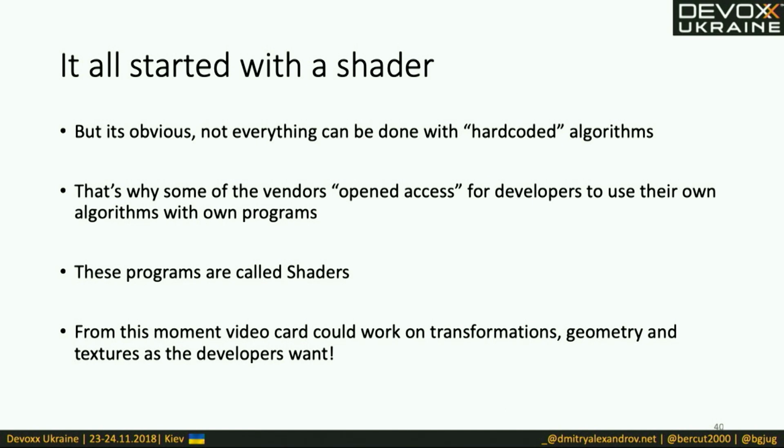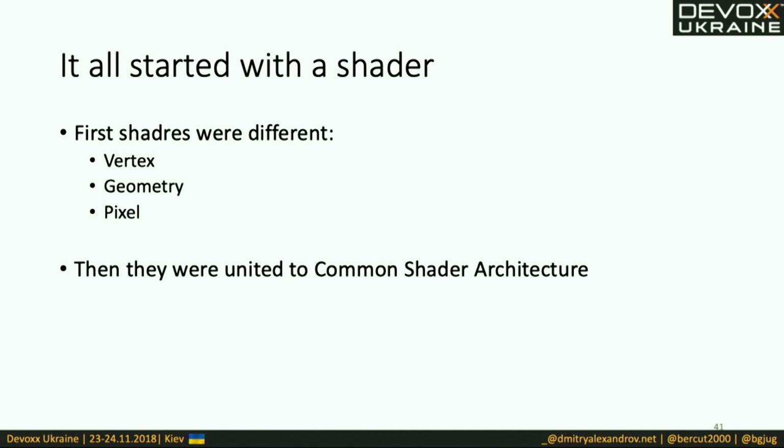So most of the time you download shaders, and these shaders are programs that produce some more fancy effects. For example, when you shoot somebody, there will be a lot of blood happening there in CS, and it's done on the video card. So we shoot, and then the video card produces a lot of blood. So these are the shaders. First of all, these shaders were different for geometry and for pixels, but then actually they became a common